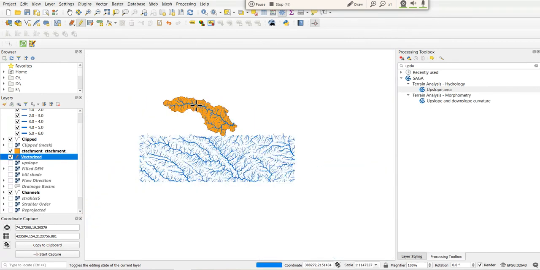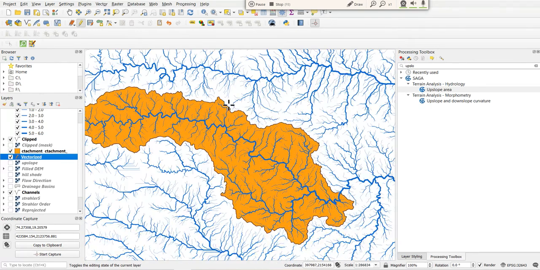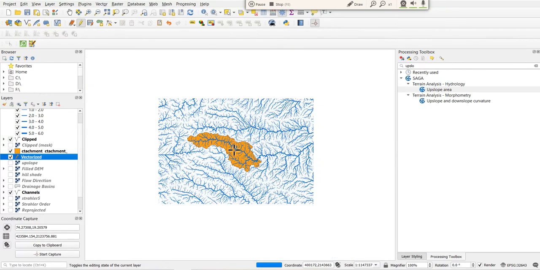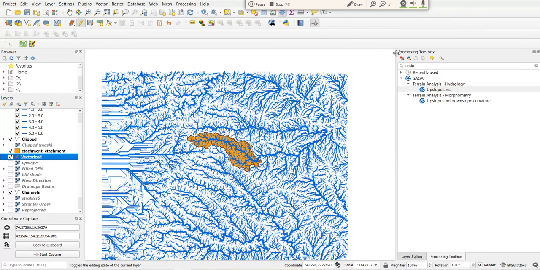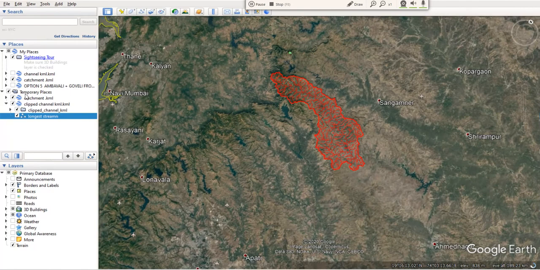Now I can easily calculate the centroid of this polygon, and the length from the centroid to the opening of the bridge, and also the longest stream length, which are required for a synthetic unit hydrograph. So this is how all these streams can be transferred to your Google Earth. I will show you. I've done that also. Let's say this is my route, and one route is there.